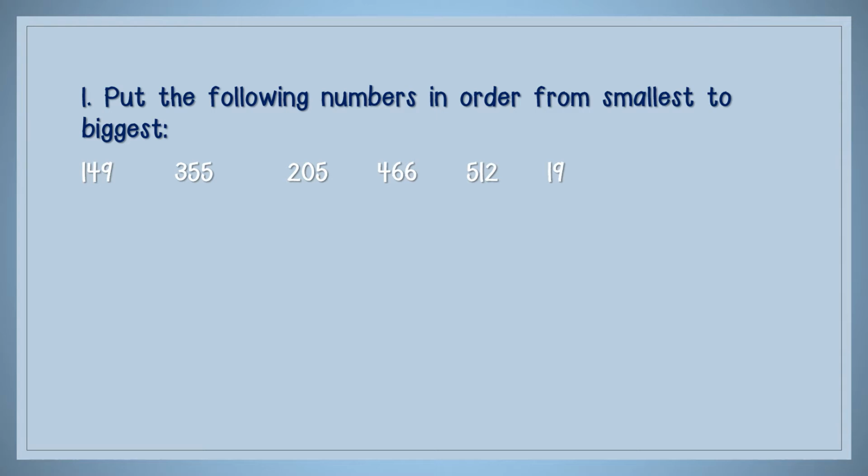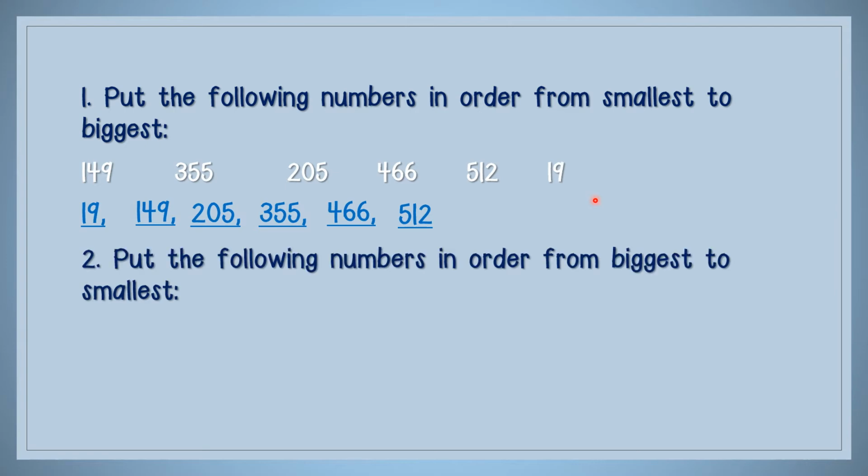So our smallest number here is 19. Yes, so we're going to start with 19. And then our second number that will come after that is 149, 205, 355, 466,